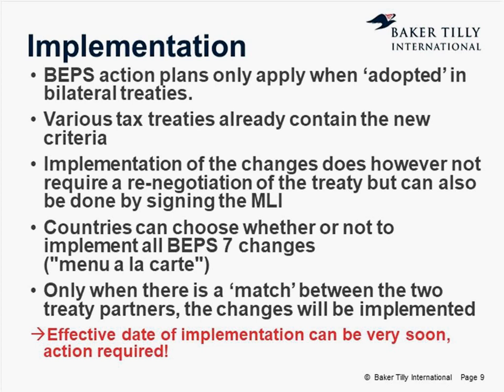Only between two treaty partners for a change, then the actual change will be implemented. And it will be implemented without an actual change of the double tax treaty. Of course, imagine that this is very complex and also very risky because you can no longer rely on the actual treaty text itself to determine what the international tax consequences of your structure are. You always have to look at the MLI, the choices of various countries, and the reservations made by the various